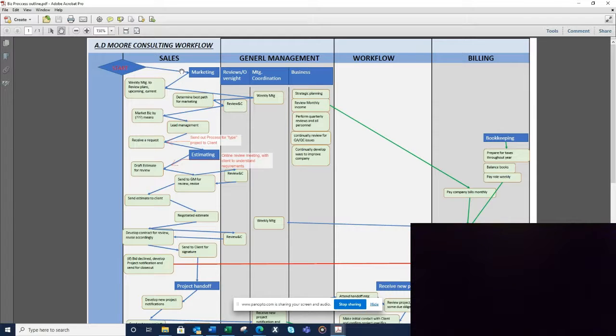So in the marketing, I'll go over that in the job description more. But basically jobs will be marketed. You get that. There'll be a weekly meeting to review plans, upcoming, current, everything that's going on in sales. So this meeting will be held, and this arrow is going over to the general management meeting coordination section. So general management or the VP or whomever, in this case me, would have a meeting directly with, in this case, Damien,